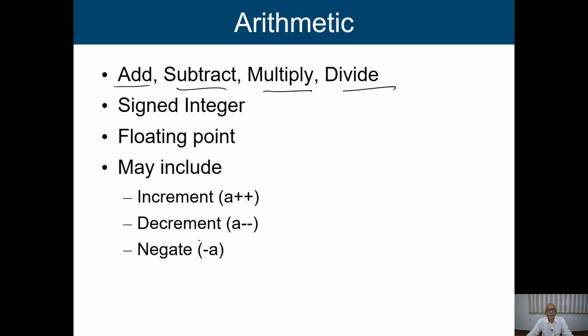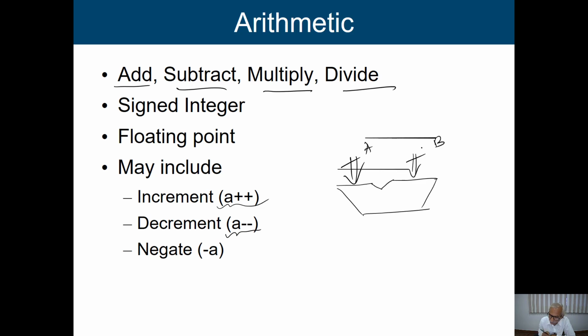Increment A means it is going to add 1 to the contents of A, or in C notation we write A plus plus or A minus minus. To have this effect, we are going to have an increment operator, or we may have a decrement operator. Then just to simply add 1, we need not use the adder, because in case of ALU, these are the two inputs, A and B. You just see, if I am going to perform the operation A equal to A plus